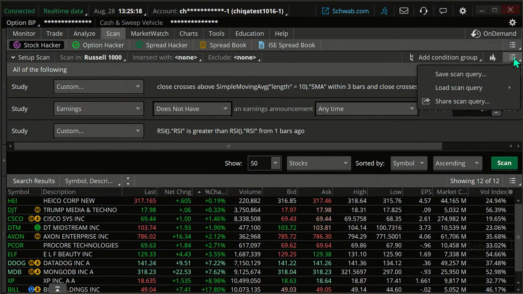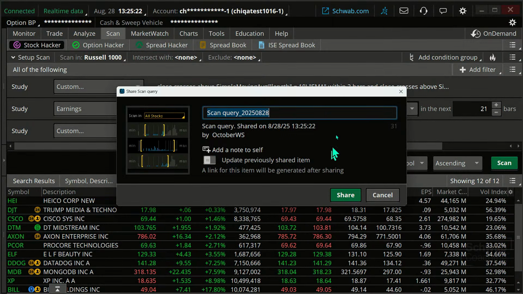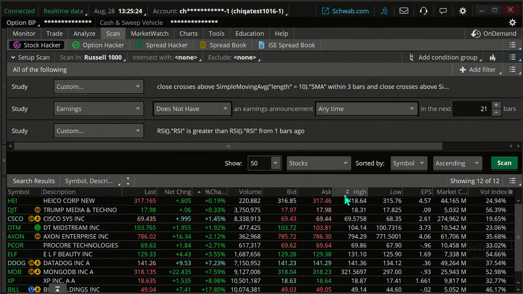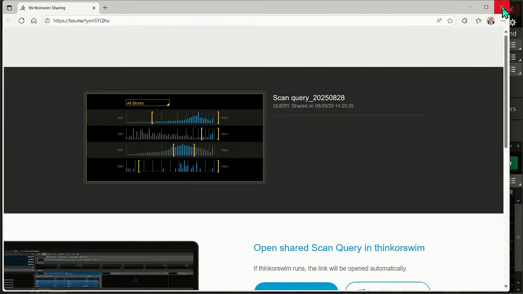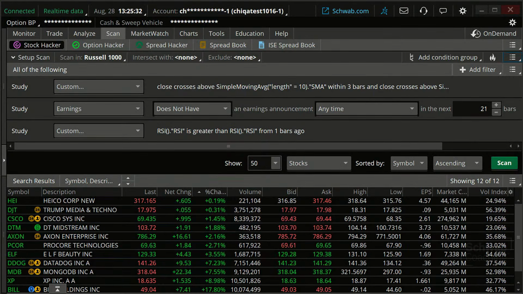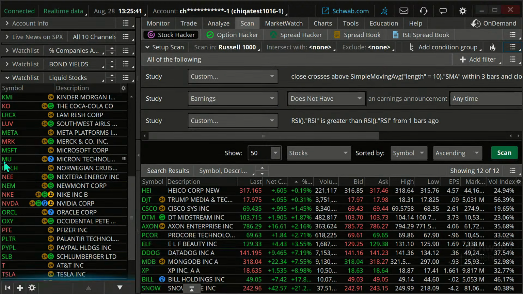And then you can tweak it if you want. So let me go and click share. I'm going to put it in the chat, number one, and just remember, scans are not guaranteed for accuracy or timing. I put that in the chat for those of you who are watching live.